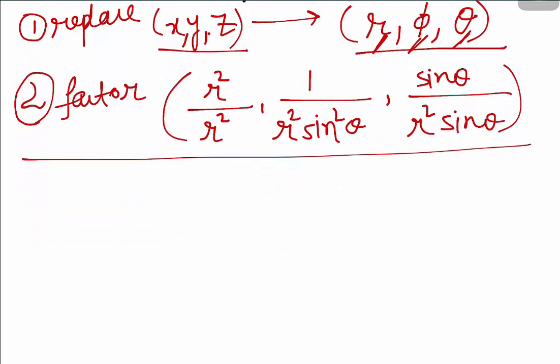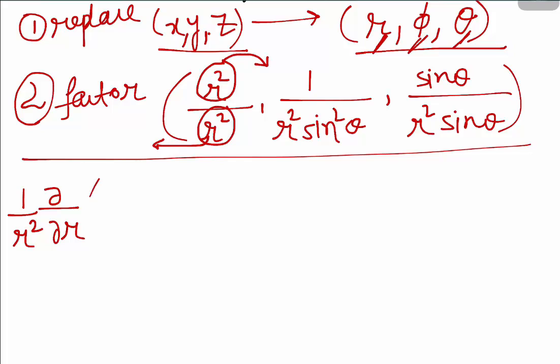In spherical coordinates also, numerator will go inside the bracket and denominator will stay outside the bracket. So first term, numerator will go inside, denominator r square which will stay outside. 1 by r square dou by dou r, k into numerator is r square dou t by dou r